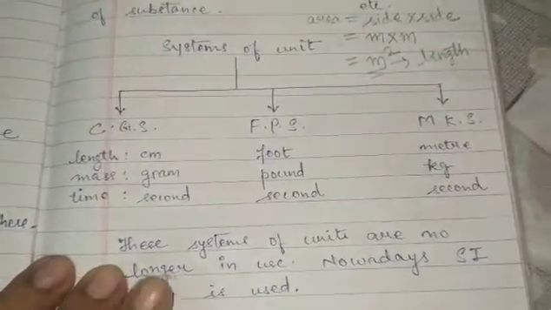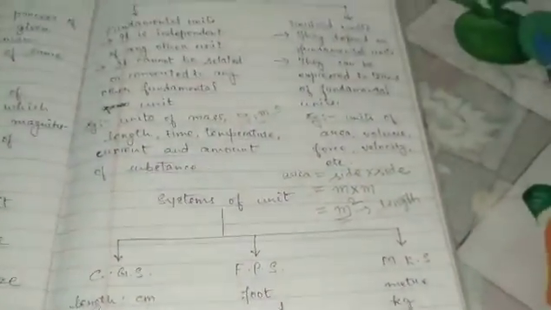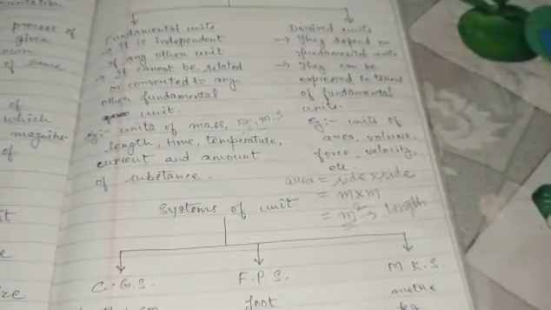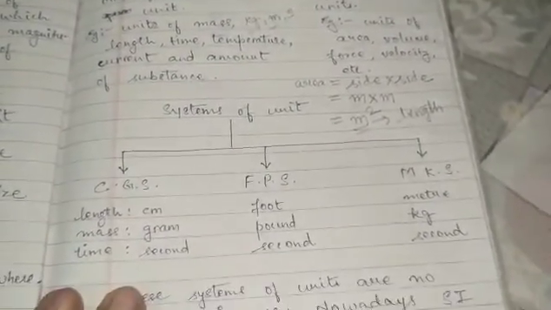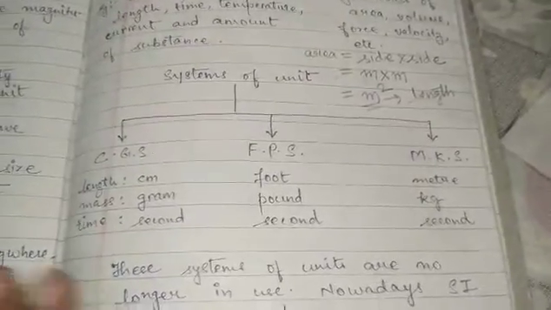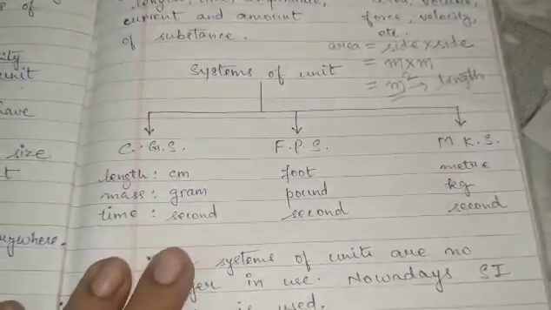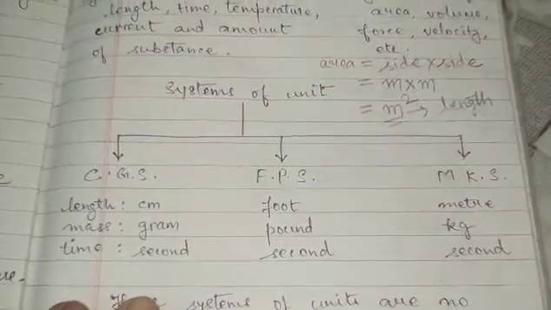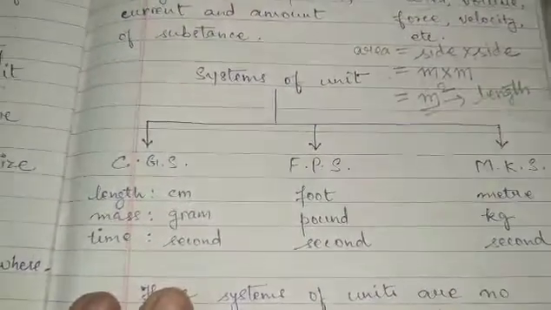Okay. So we are done with fundamental units and the derived units. You can just go through it once. I'll also send you the pictures of these notes and some clips from your book also. So then the other thing which you need to study is the systems of units. This also you have studied in class 6 if you remember.